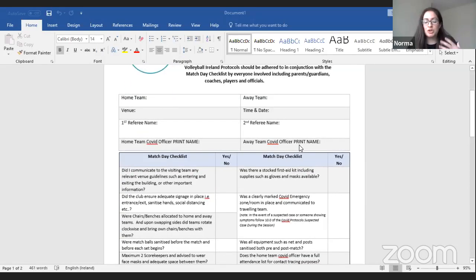This just encourages the home team, for example, to ask themselves, did we sanitize the equipment? And then you say yes or no, you tick it on the sheet. Did we inform the opposition of where the emergency isolation room is? Yes or no. So it serves as a prompt, reminding you to ask these questions and to implement them. And then on the flip side of that, it's for the away team COVID officer then to say,